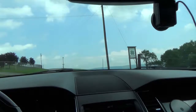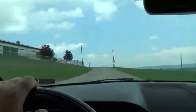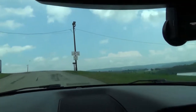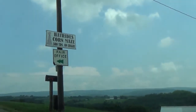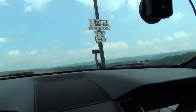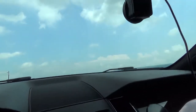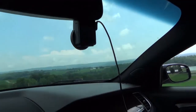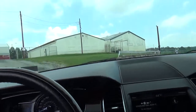To get into the back gate, you go right up here, past this cyclone fence, and you might see the sign says Fair Office. Hopefully you can see that. And then there's parking on the right. You can't see it too much right here, but there's parking down here. I'm going to turn left, go into